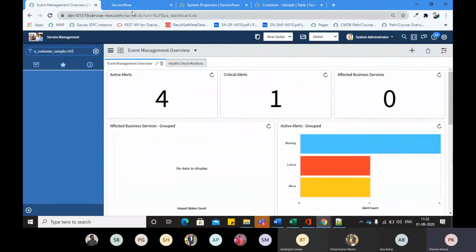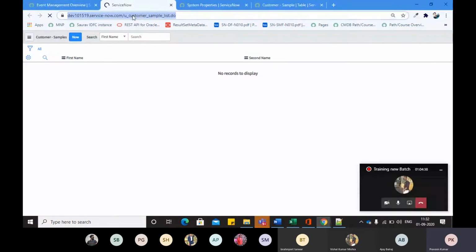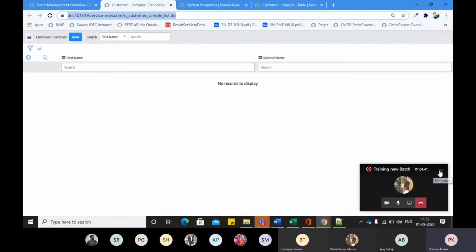For example, I am admin. I can easily open this table, right? But an end user can't directly open this table.